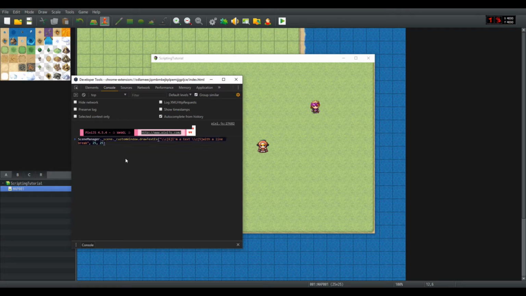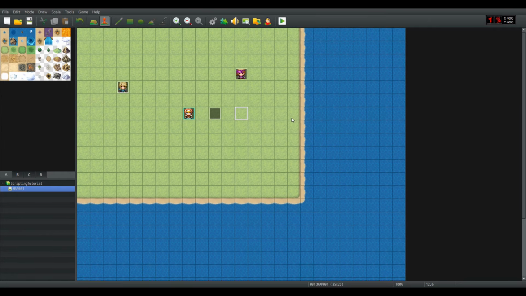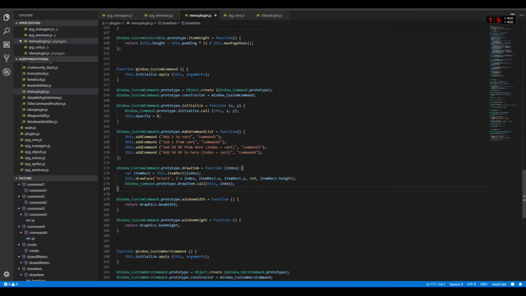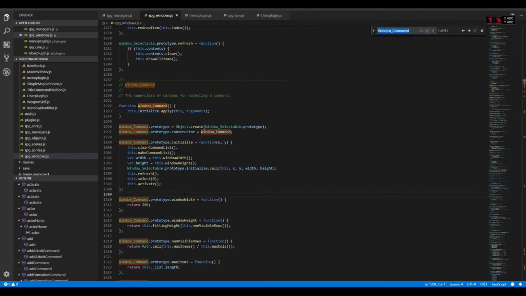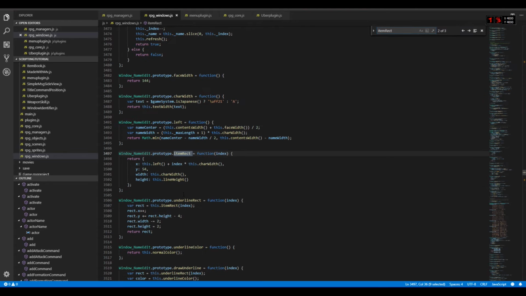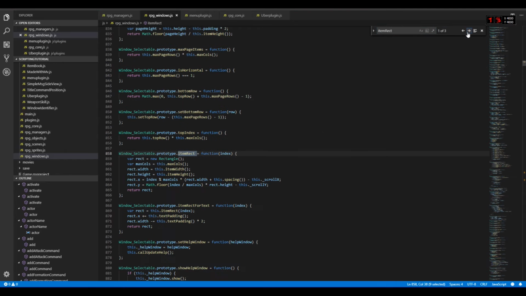And let's actually do some more fun stuff. We can close this. For example, have you ever wondered how to move the comments around? Let's take a look inside the drawItem function once again. And as you can see, you have here the this.itemRect. If we take a look at the itemRect where it is defined, it returns a static thing, but that doesn't really bother us because we can redefine it to our heart's content, and we will. So let's copy it, let's paste it,